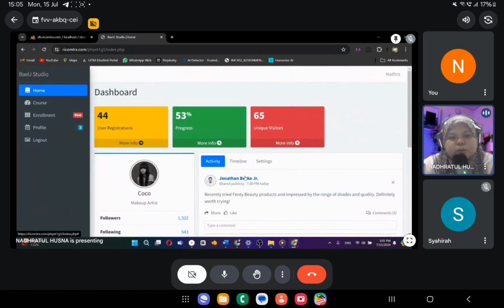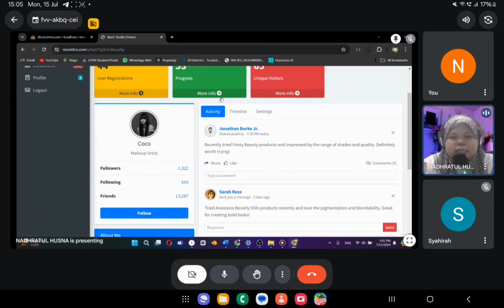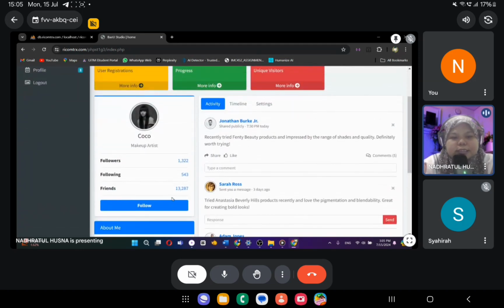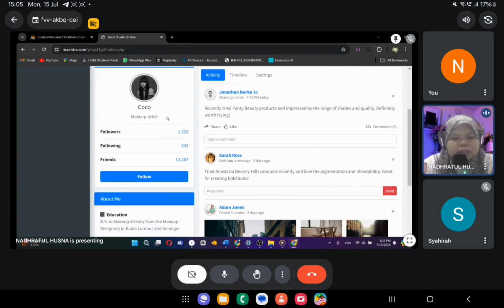So here is the home and the dashboard of our website. What you can see here is all the information: user registration, the progress, and how many unique visitors have visited our website. So in the main page, you can also see we have the mini profile here,